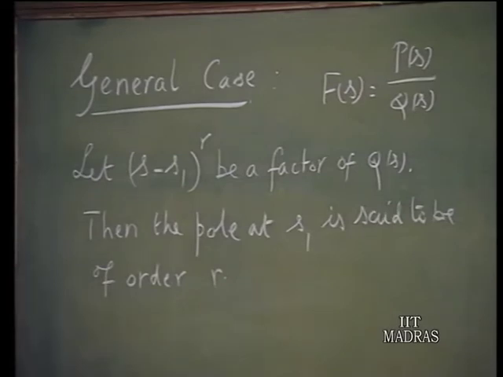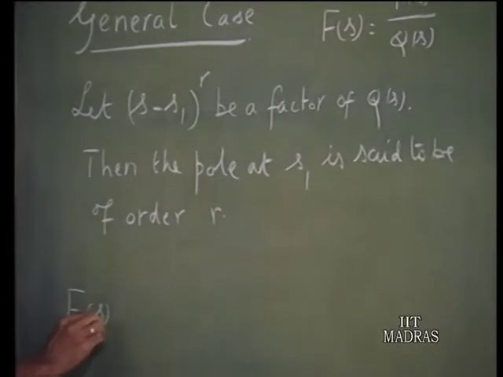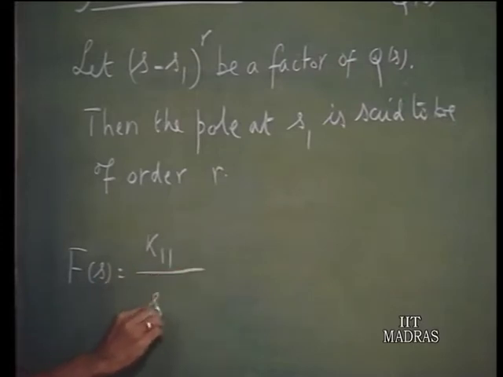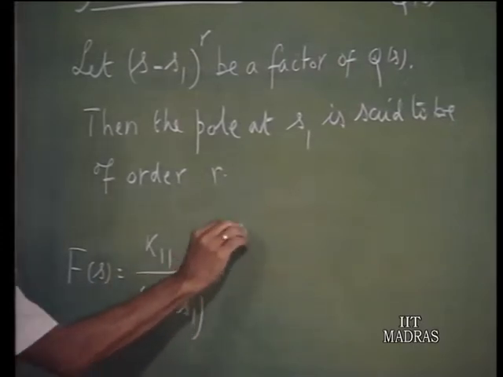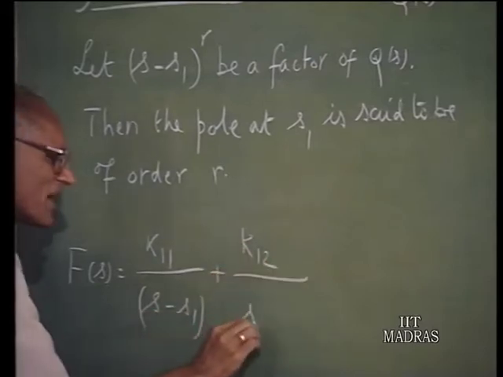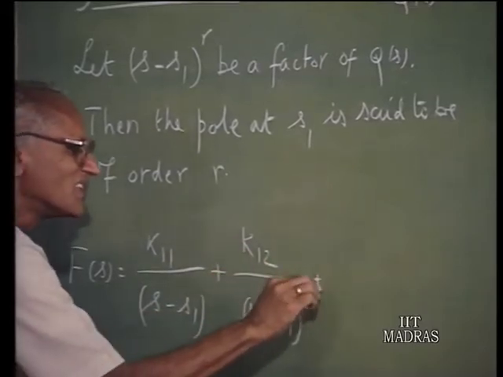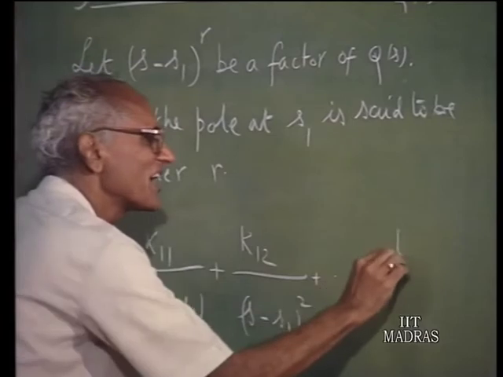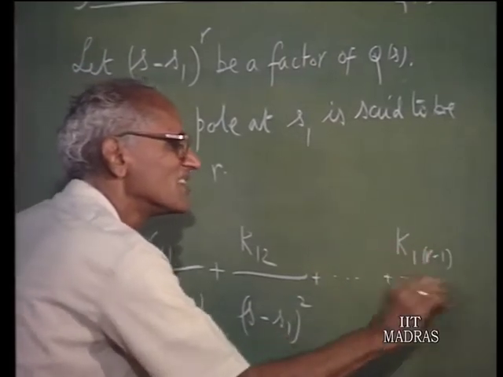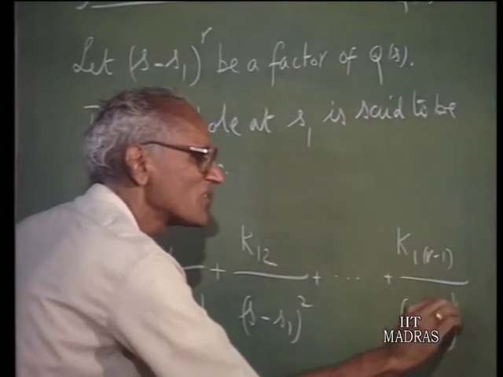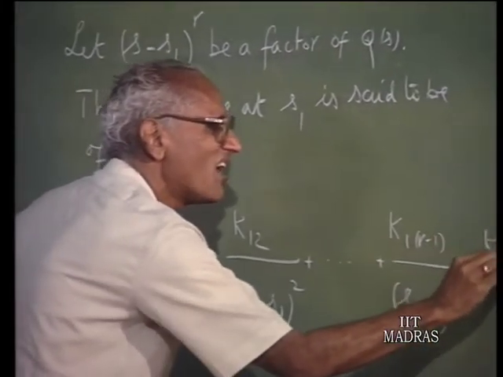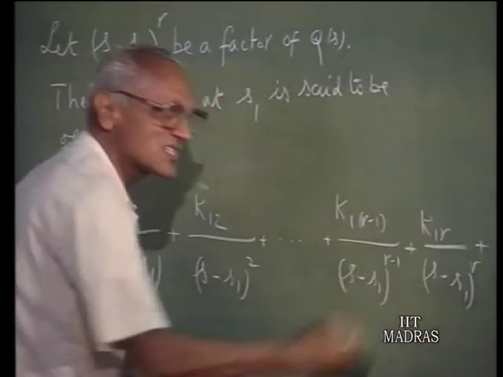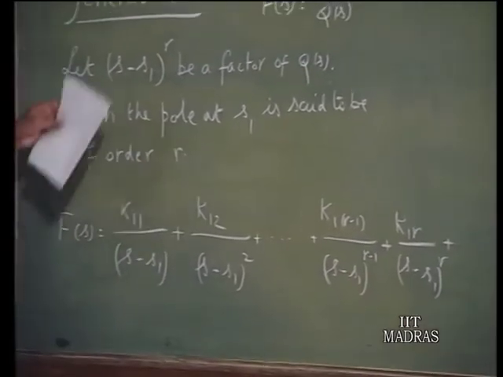Then the partial fraction expansion of F(s) will have the following form corresponding to the pole at s equals s1. We can write this as k11 over (s minus s1) plus k12 over (s minus s1) whole squared. So, the denominator will have increasing powers of (s minus s1), and finally you have k1(r minus 1) over (s minus s1) raised to the power of (r minus 1) plus k1r over (s minus s1) raised to the power of r, plus terms which involve other poles of F(s),